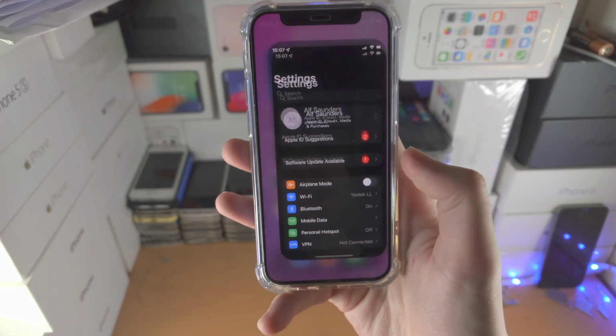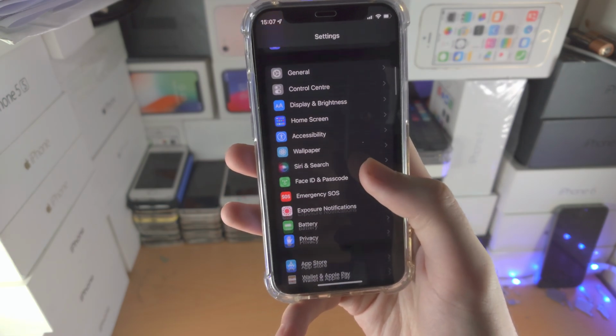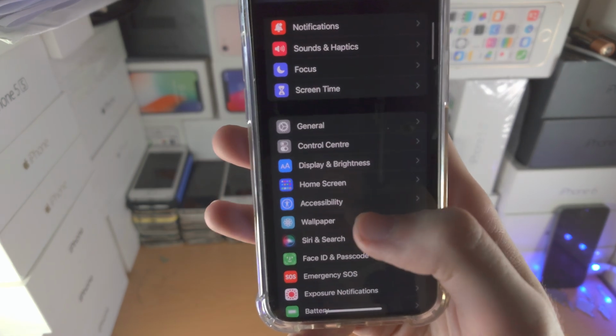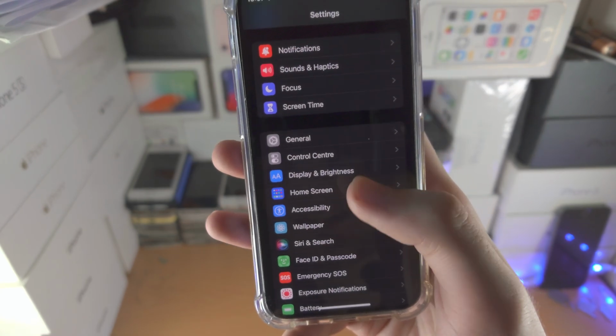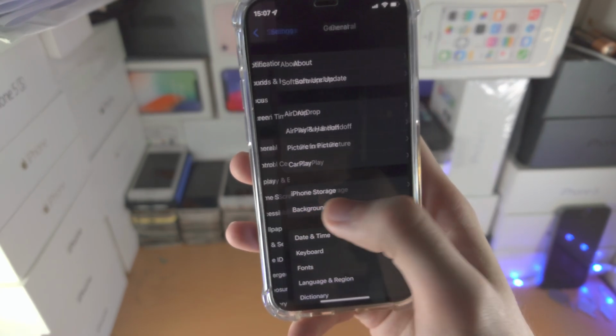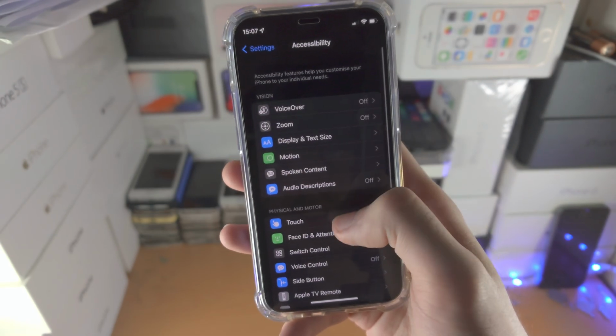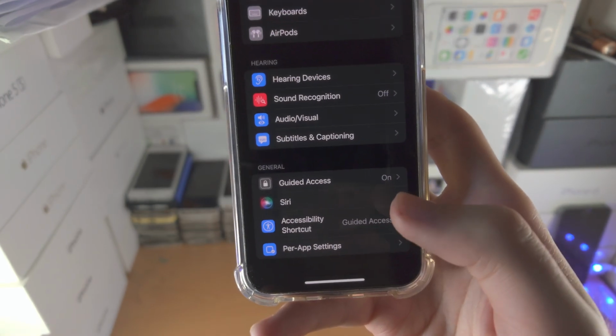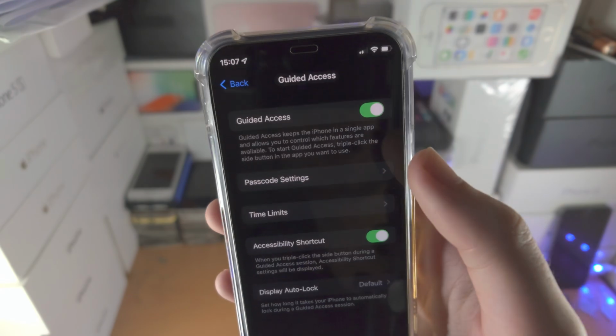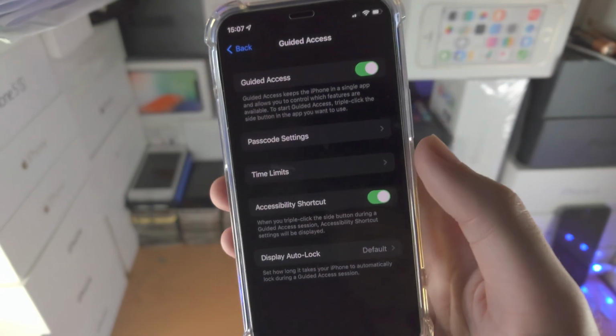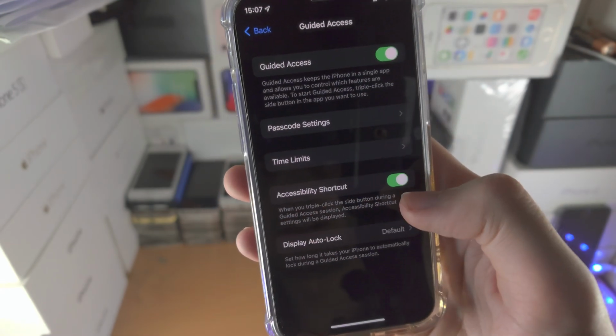So the first step is open up the Settings app. You're then going to find Accessibility. If you don't see Accessibility here, tap into General, then you'll see Accessibility. Then you want to scroll all the way down until you see Guided Access. Tap on this one, tap the toggle to turn on Guided Access, tap on the toggle to turn on